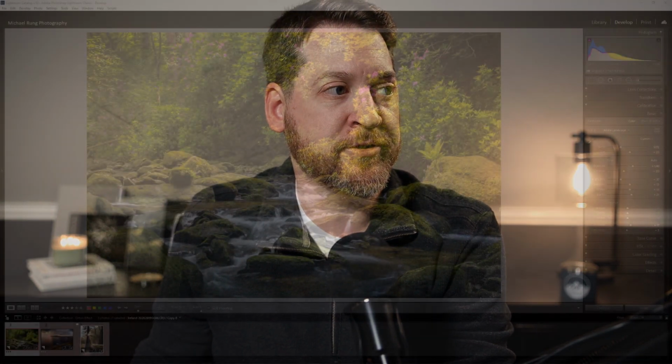As I mentioned in my high key video that I recently released, my personal preference and style has changed a little bit. I've got some other approaches I take to give that soft, painterly effect, especially to my woodland images. But anyways, let's jump over to Lightroom, and I'll shut up and show you exactly